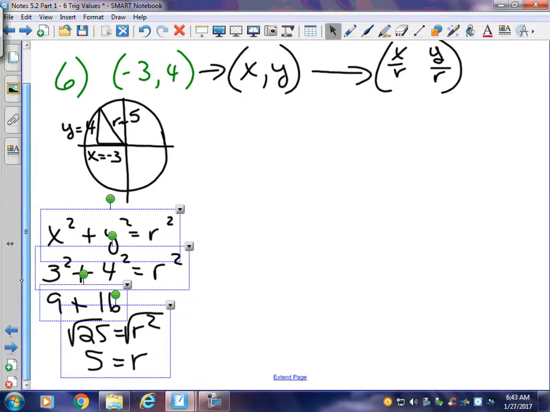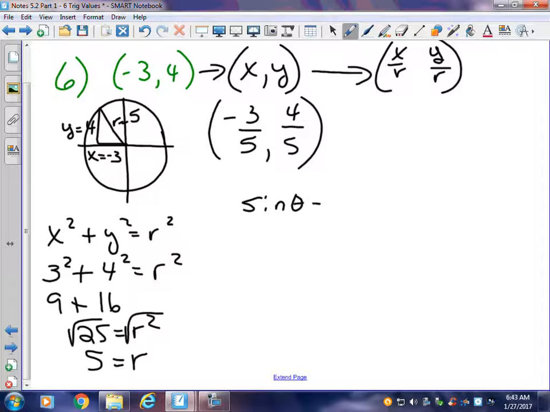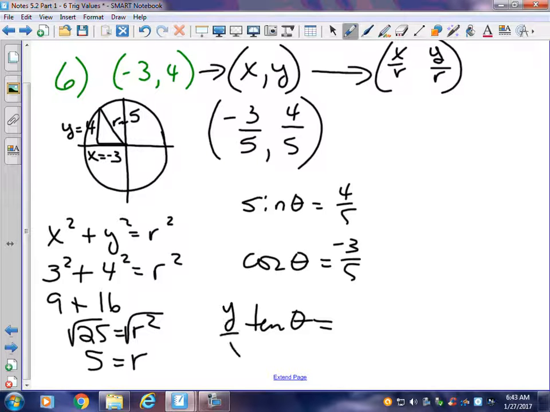Now, let's go into the next part, which is how to write my statements now. So now my points have a 5 on the bottom, and I've turned it into a sine cosine point instead of an xy point. So we have the sine of theta is 4 over 5. The cosine of theta is -3 over 5. The tangent of theta, remember again, it's y over x, so it's just the top of each one of these,